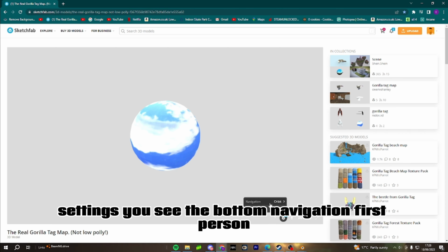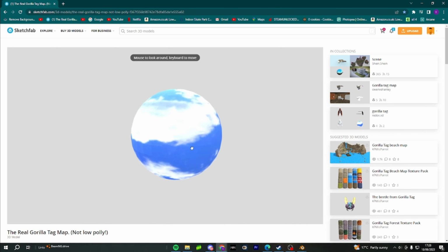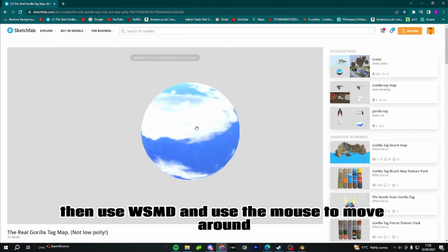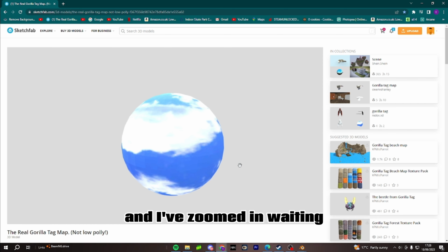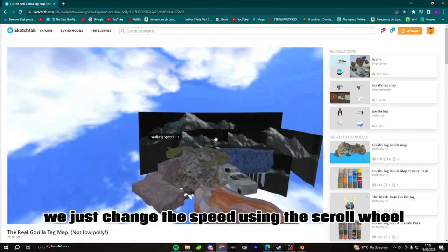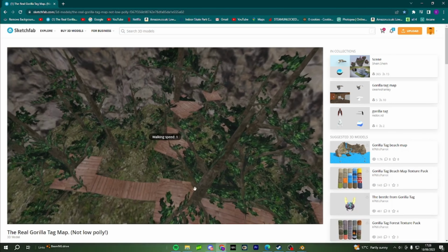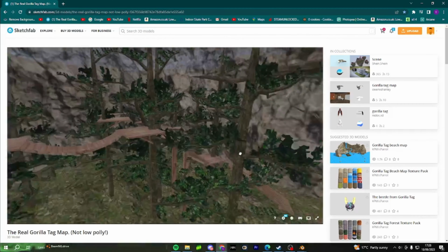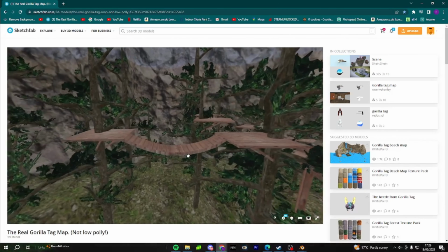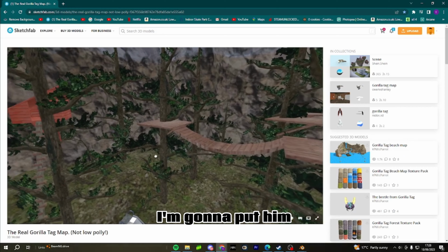Settings, just at the bottom. Navigation, first person. Then use W, A, S, and D, and use the mouse to move around. I've zoomed in way too much. And just change the speed using the scroll wheel. You can change the speed of the navigation. I'm going to put him